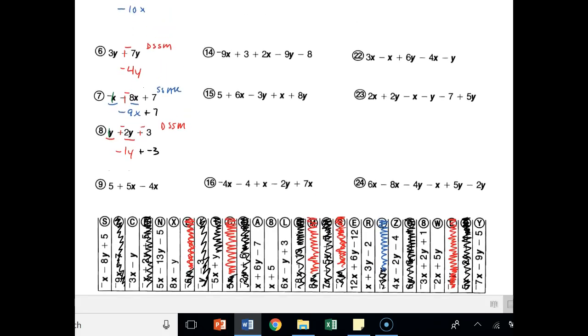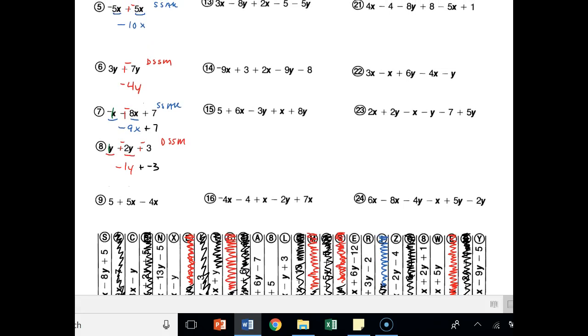Let's do one more. Let's do a problem like, say, 22. Right? So I see an x, so I'll put a 1 in front of it, and a y, a 1 in front of it, and then I'll go ahead and change everything. So plus a negative, plus a negative, plus a negative. Let's underline my like terms first. I have 3x, negative 1x, and negative 4x. And then I have 6y and negative 1y. These all happen to be different signs, subtract more. So first, 3 plus negative 1, that's 2x, plus negative 4x, plus